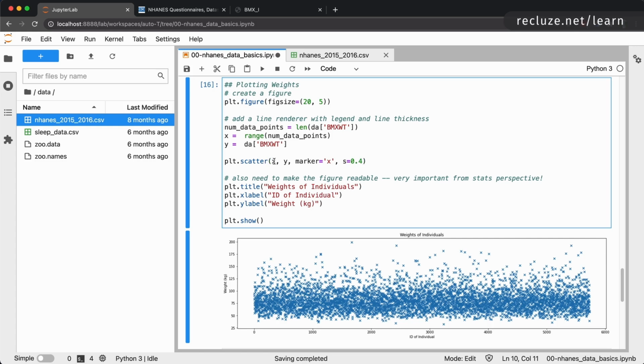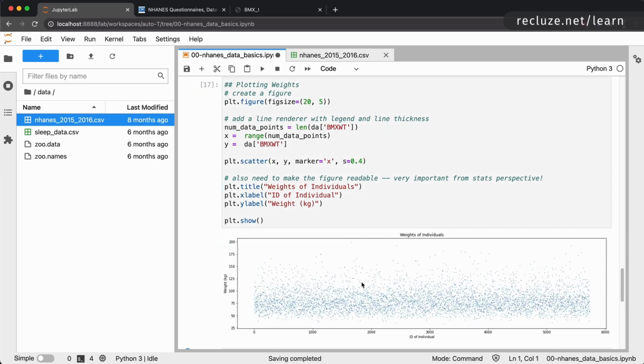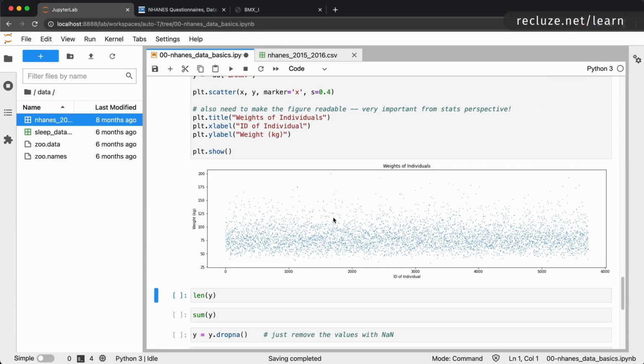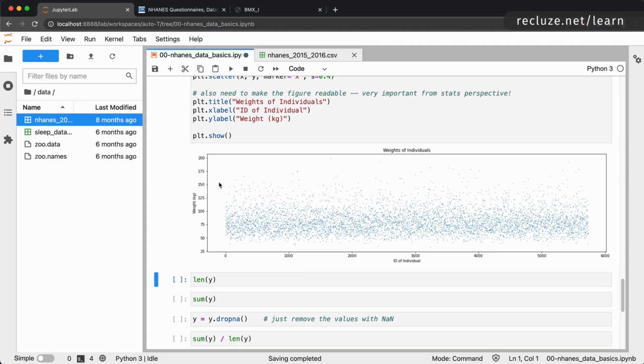So create a scatter plot with x-axis, y-axis values coming from here. Marker, the single point that you put, should be an x, and the size should be like 40%. Okay, so once we do that, now you can see that this looks a lot cleaner. It might not be visible on this video, but if you run the code yourself, you will see that it makes a lot more sense. Okay, so when we move on to the theory of statistics, we'll see how this fits into the whole bigger picture of statistics.